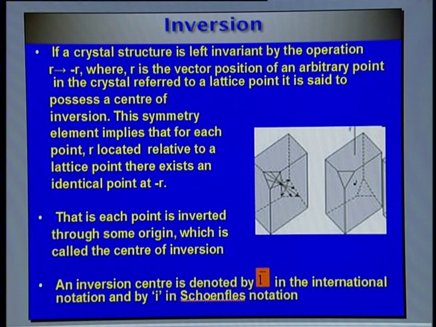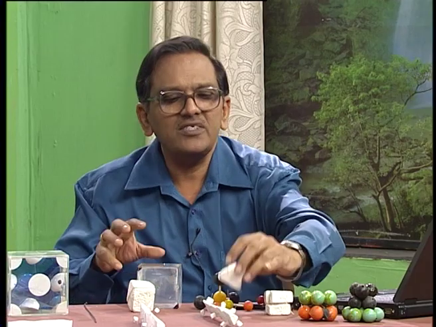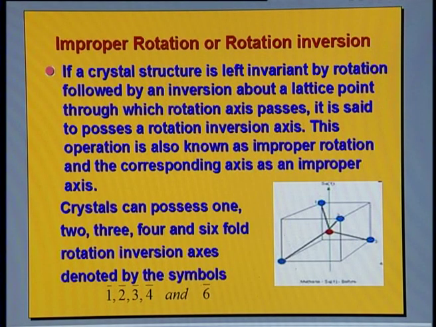Earlier what we have considered is reflection in a plane, but now, in the next slide I will show you, you have this improper rotation or rotation inversion. In this case it is rotation followed by reflection at a particular point, not in a plane. This is called the inversion axis of symmetry. Just like you have a normal axis of symmetry 1, 2, 3, 4 and 6, you can have an inversion axis of symmetry also. They are called 1 bar, 2 bar, 3 bar, 4 bar and 6 bar.